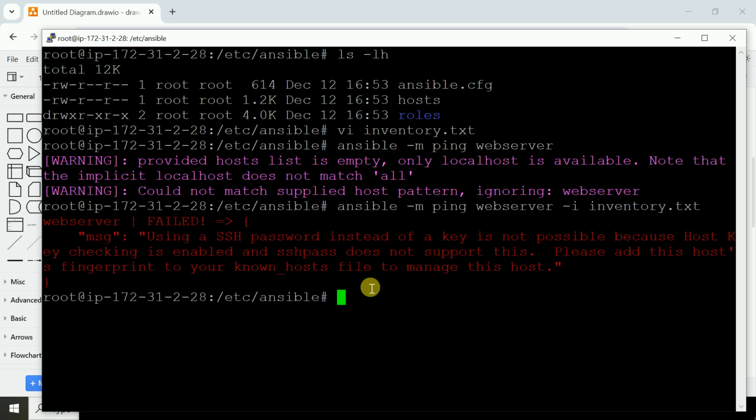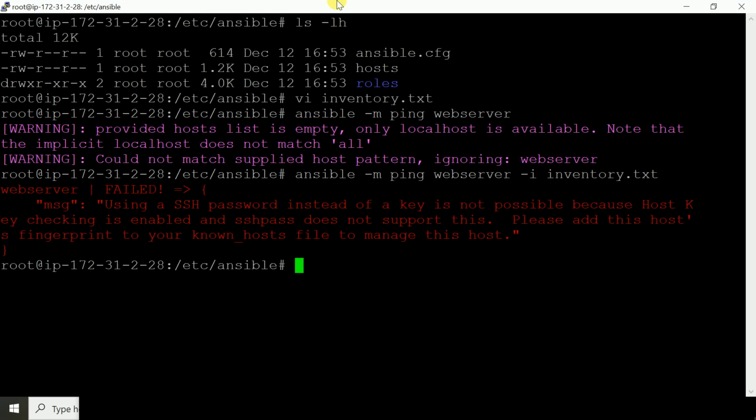Here we are getting an error like using SSH password instead of key is not possible because this checking and enable SSH pass is not supported. Let's add this host fingerprint to known hosts to manage this. By default, there is one option which we need to define under ansible.cfg to enable